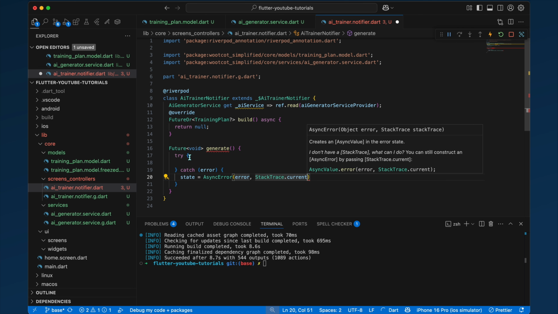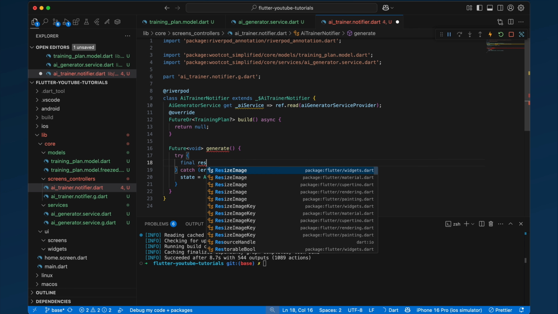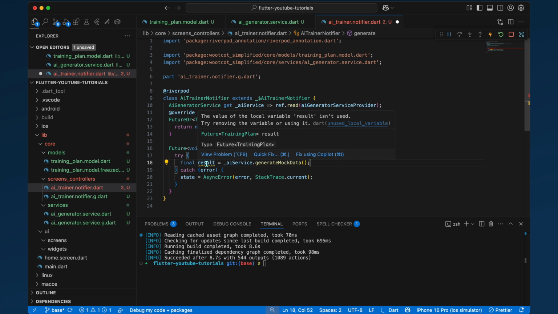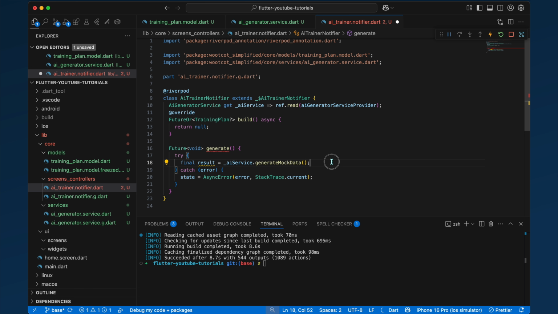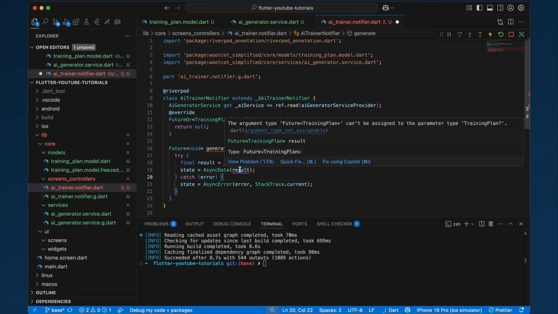We already have done this in our previous lesson. Then we are going to do final result is aiService.generateMockData. Now this is going to give us the same exact thing, so we can simply do state is going to be AsyncData, result, can be assigned to